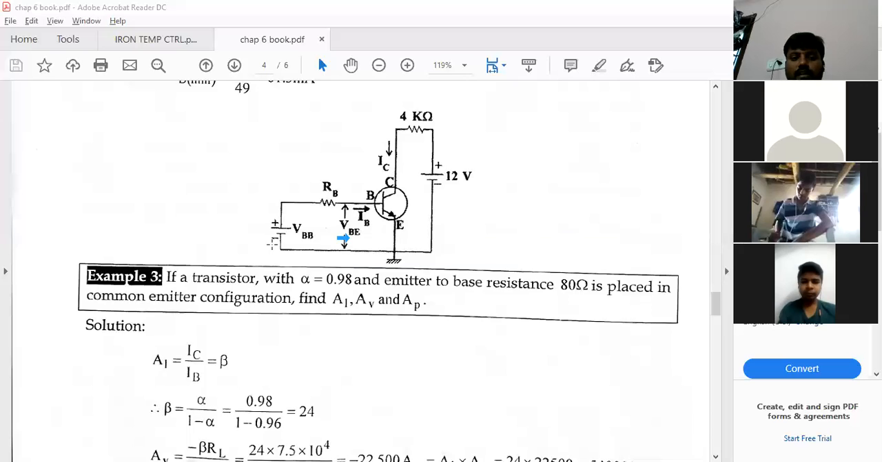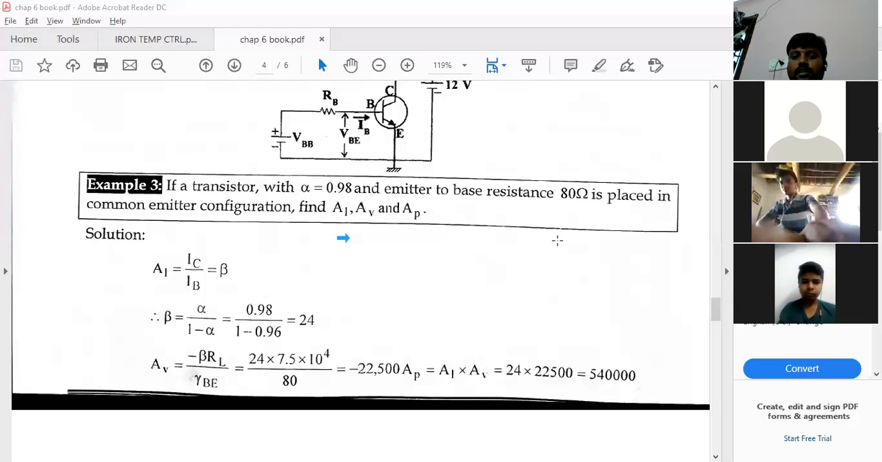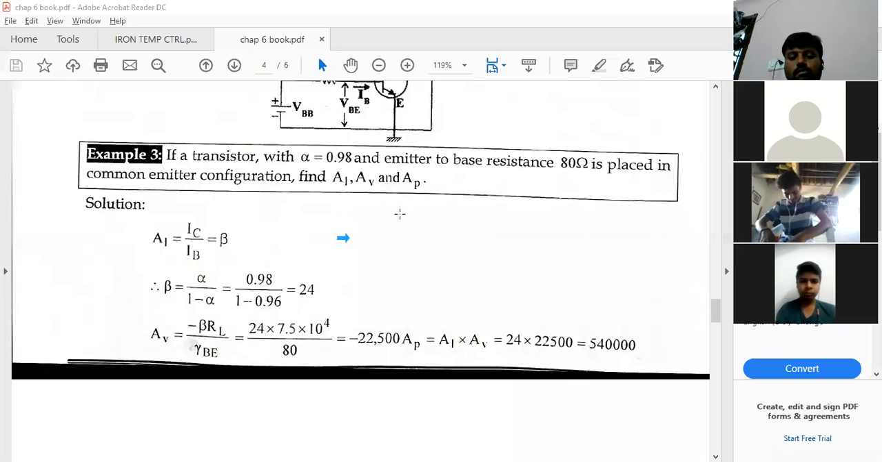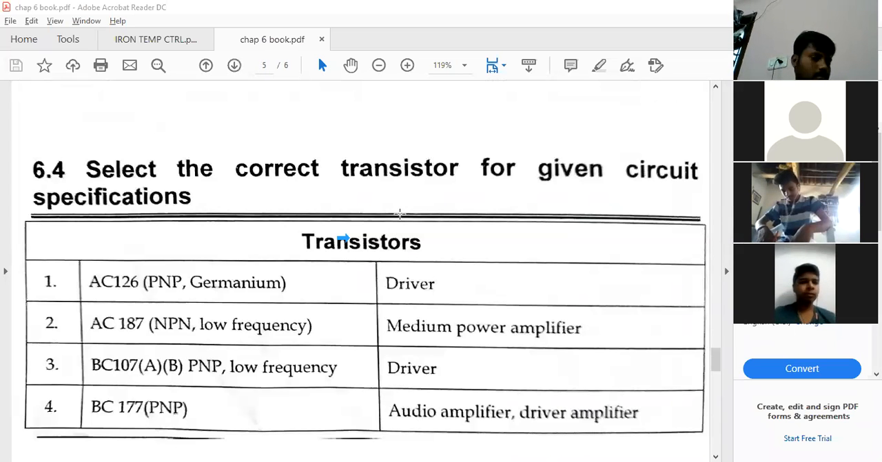And let us take another example. If a transistor with alpha equals 0.98 and emitter base resistance of 80 ohms is placed in a common emitter configuration, then find the gain. Okay, current gain, voltage gain, and power gain: AI, AV, and AP. Okay, what you all should do is just try to solve this problem. This is your assignment. Right. Next,